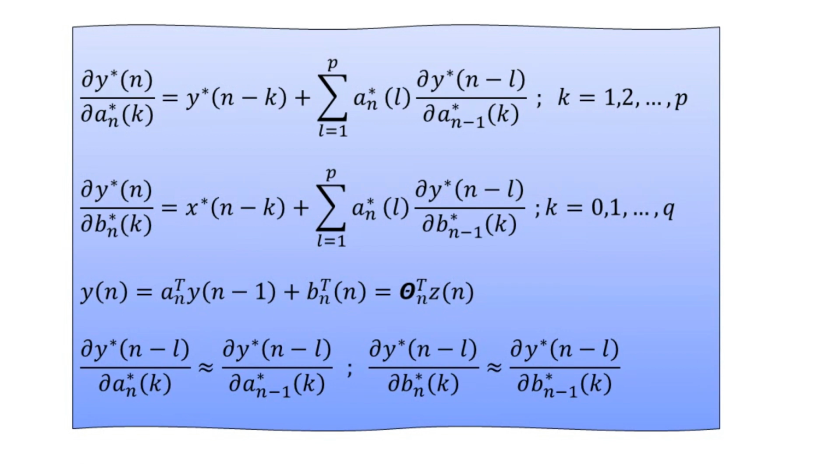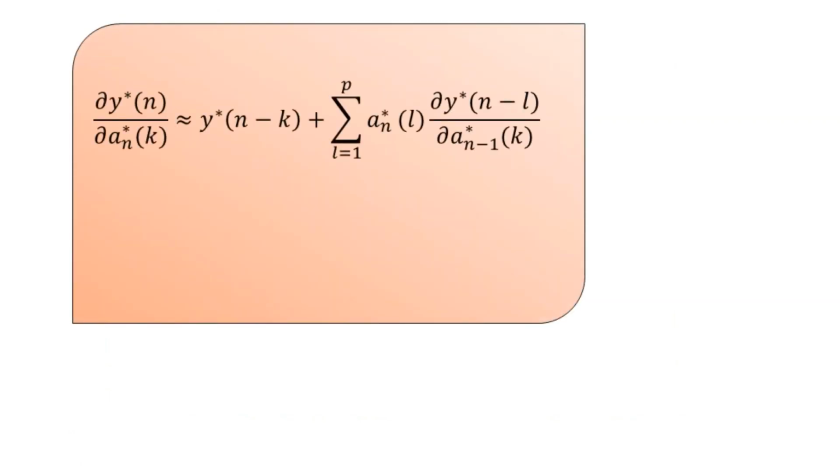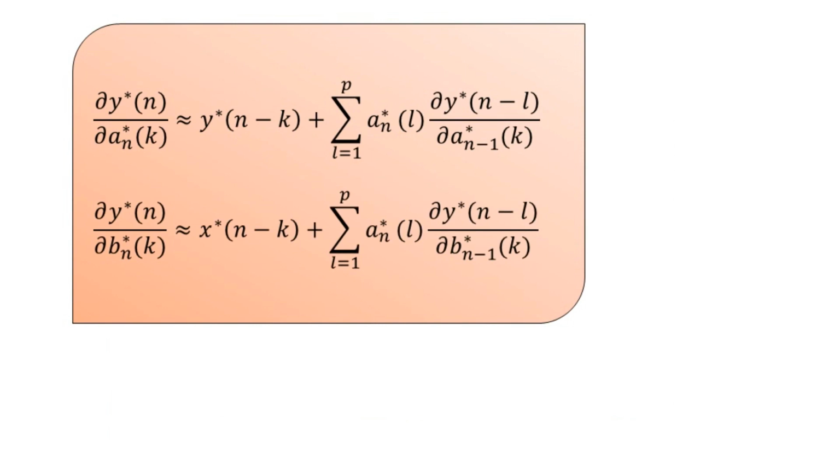We have again the two equations. The first equation is the partial differentiation of the complex conjugate of y of n concerning the complex conjugate of the filter coefficients a suffix n of k in vector form. Very similar to the RHS, it will be the complex conjugate of y of n minus k added by the summation L equal to 1 to p of the multiplication of the complex conjugate of a suffix n of L to the partial differentiation of the complex conjugate of y of n minus L concerning a suffix n minus L of k